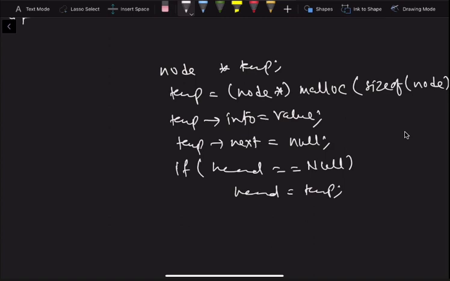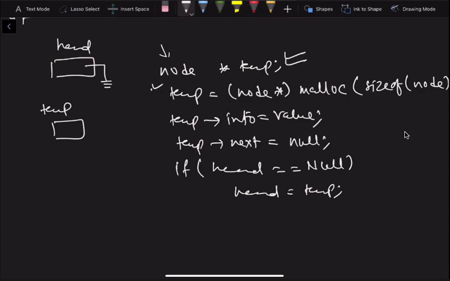See, now what we have done is, this is our head, which is pointing to null initially. When I come into this code, my node temp is created. This line is executed. After that, when this line is executed, what will happen? It will create a node having information part and next part, and the address is, let's say, 4e, which is assigned to temp. It will point to this.